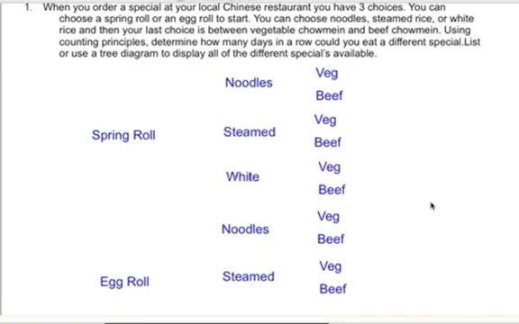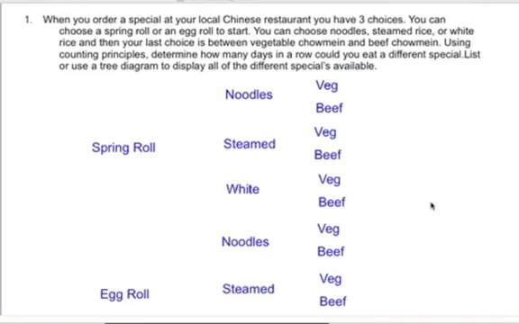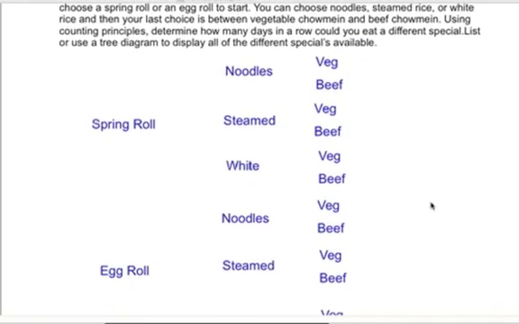So when you order, especially at the local Chinese restaurant, you have three choices. And the first choice is you can start with a spring roll or an egg roll. So you have two choices on that. So when you draw your tree diagram,